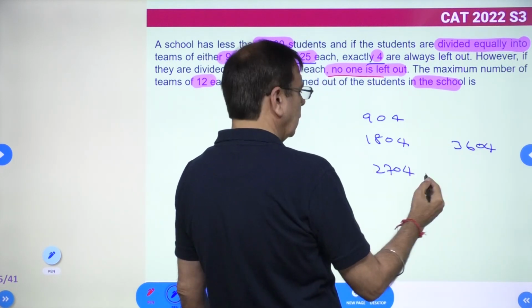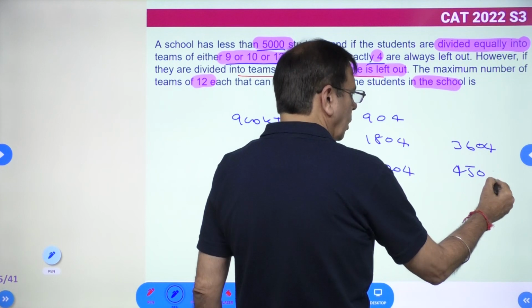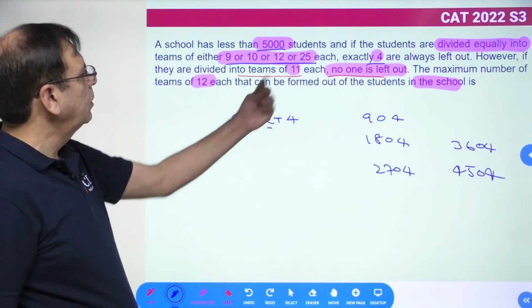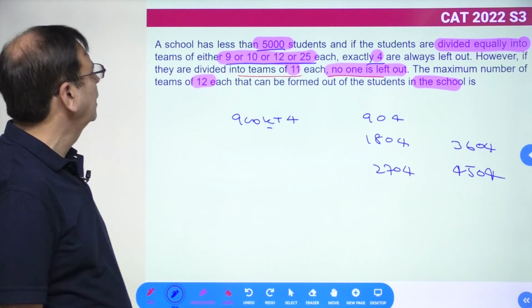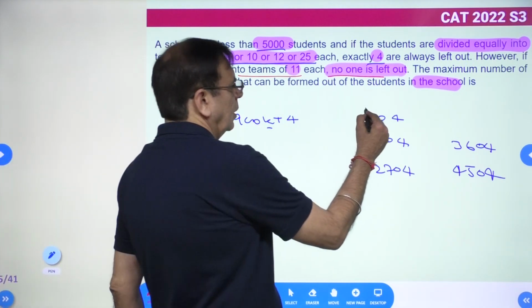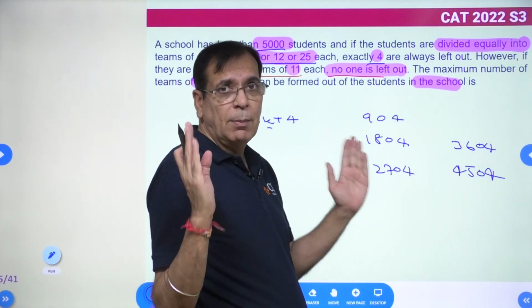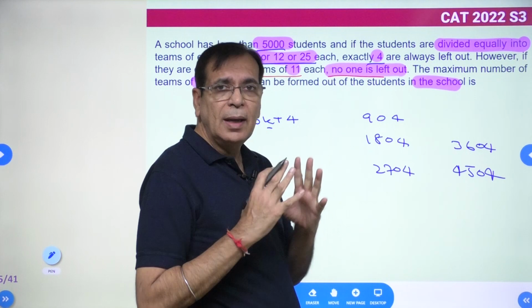3604, and if k is equal to 5, 4504. These are the 5 possibilities, na? But we need to check, it has to be a multiple of 11. Check kar lete which one is a multiple of 11. And the rule for divisibility of 11 is, the sum of alternate digits